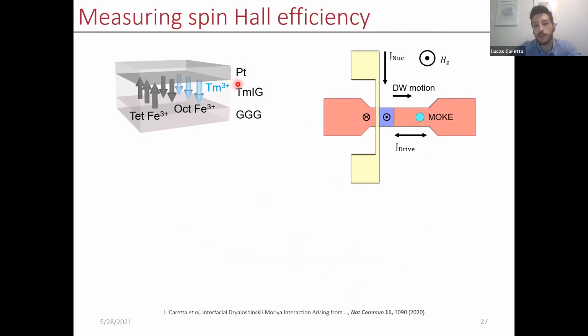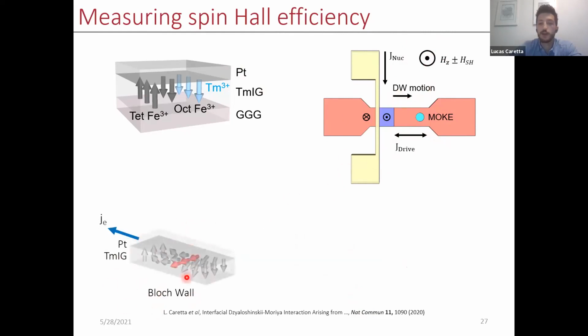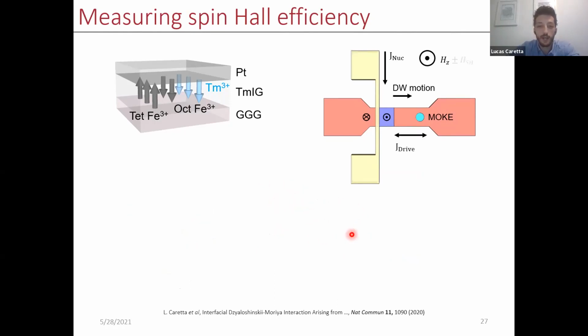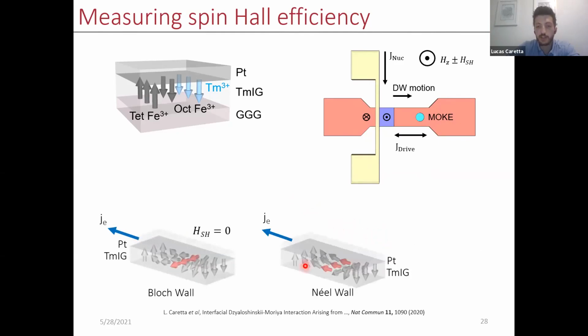So these systems have a platinum overlayer. We can drive a current through that platinum overlayer at the same time that we're applying a magnetic field. Now, if you recall, these spin orbit torques don't act on Bloch domain walls at all. So if we pass a current and the domain wall is a Bloch domain wall, our velocity curves that I showed you on the previous slide shouldn't change at all. Really, the current should have very minimal impact on the domain wall velocity. However, if this domain wall is of Néel type, then this torque will act on that domain wall and either help push it forward along with the field, or counteract the field and hinder its motion.